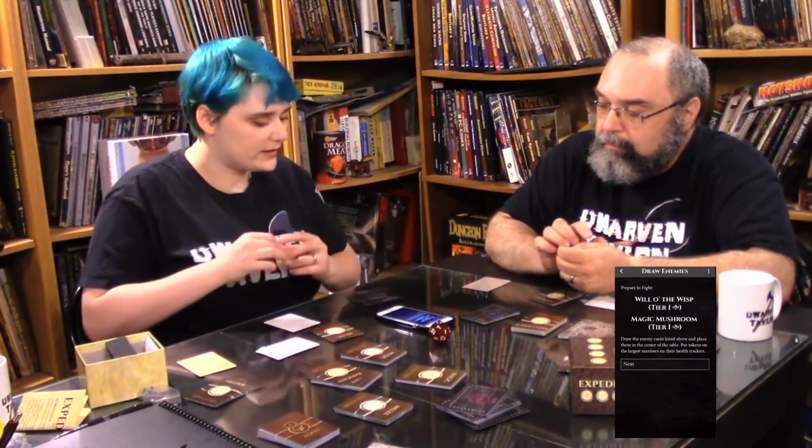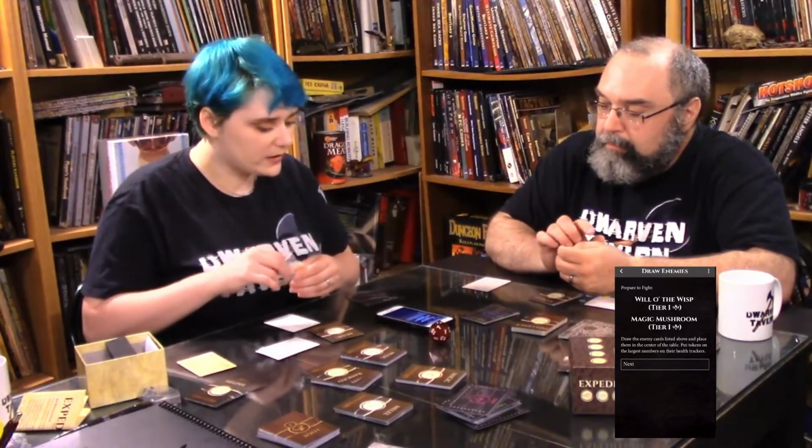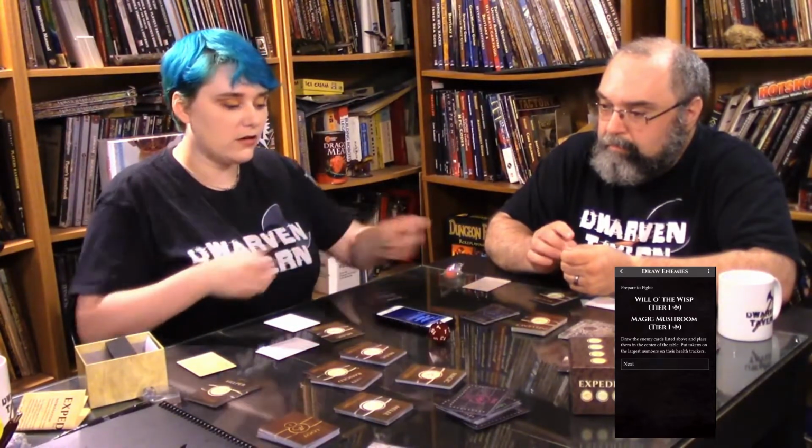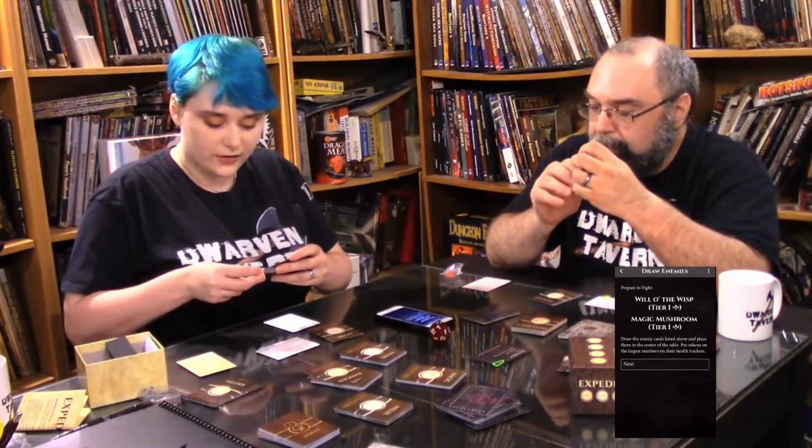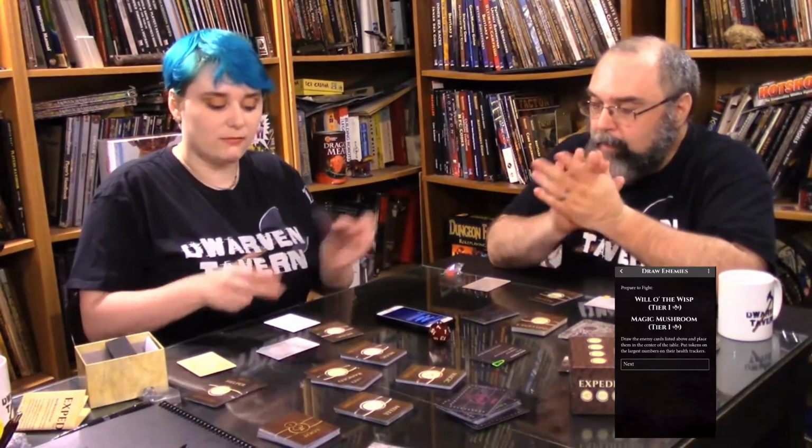Will-o'-the-Wisp Tier 1 and Magic Mushroom Tier 1. These are the enemies that we will be facing. They get health points as well. Draw the enemy cards listed above and place them on the center table. Put tokens on the largest numbers on their health trackers, which is on the side of the card as well. So the enemies and the heroes are very similar in design, very simple, very straightforward, but the enemies are black